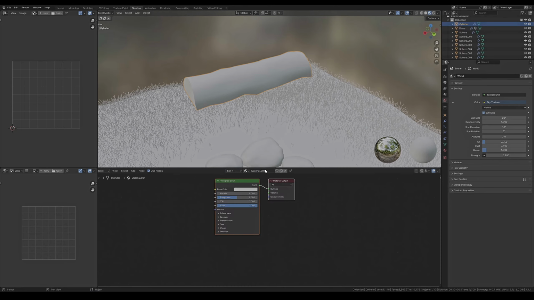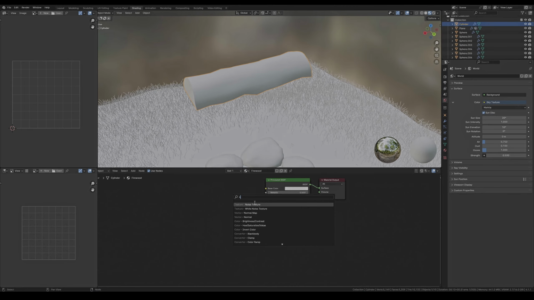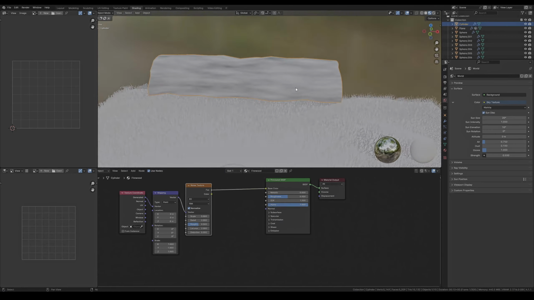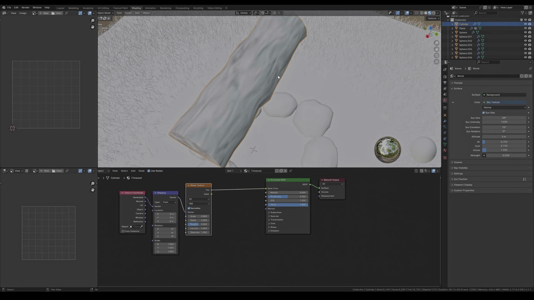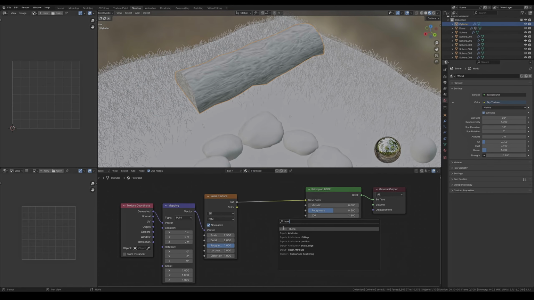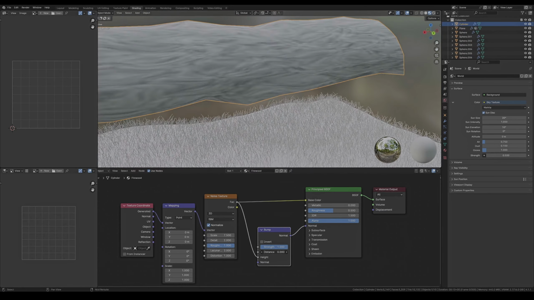Head over to the shading panel. Here we'll set up a simple, quick, and easy firewood material with a noise texture. Feel free to use custom textures for more realism. Simply create a noise texture with some mapping, play with the scale, feed it into a bump node which connects to the normal,